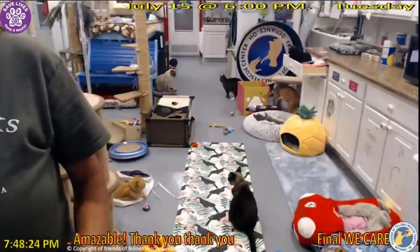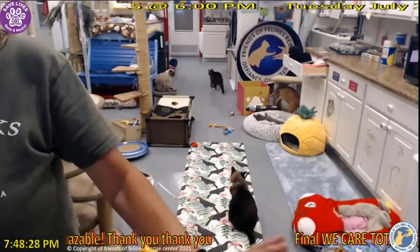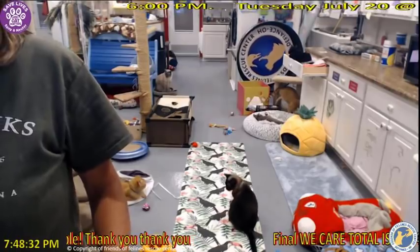That is Zelda in the drawer. The drawer cannot squeeze out any farther than that. She's been on there all day. So tomorrow I'm going